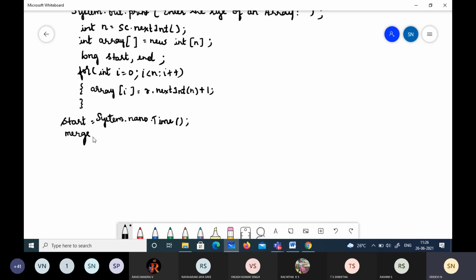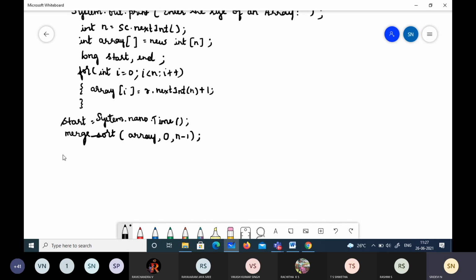So we have merge sort, for which we will be passing the array, starting index and the ending index, right? Starting index and ending index.